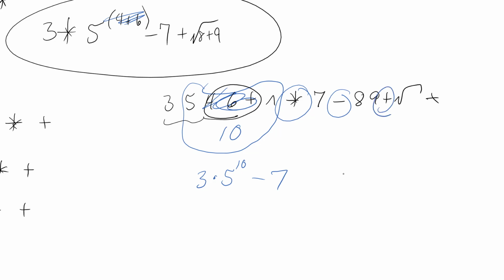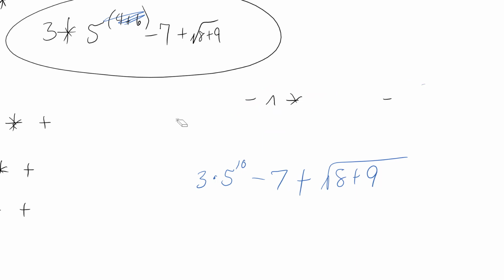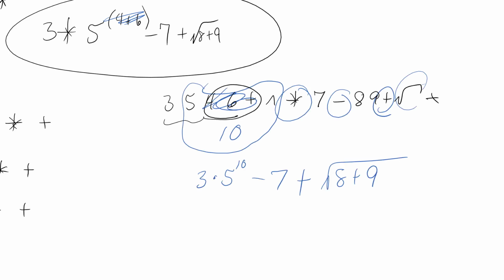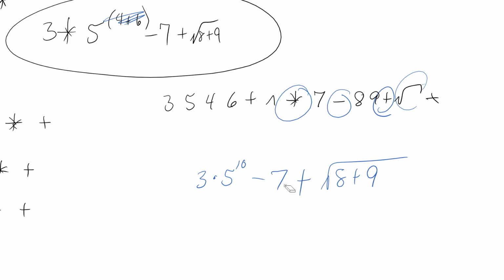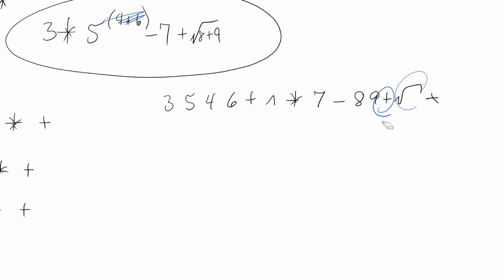And the next thing you see is the 8 plus 9, and then you're going to take the square root of that, and then add it to the thing that you just had. And so that's kind of how that works. I'll do another example that's a little less crazy, but I just want you to know that it's a lot easier to explain to a computer how to do stuff in RPN than it is to explain to them how to do stuff with parentheses,